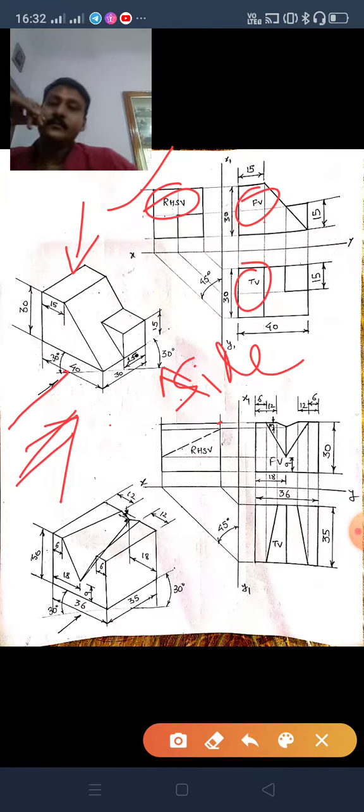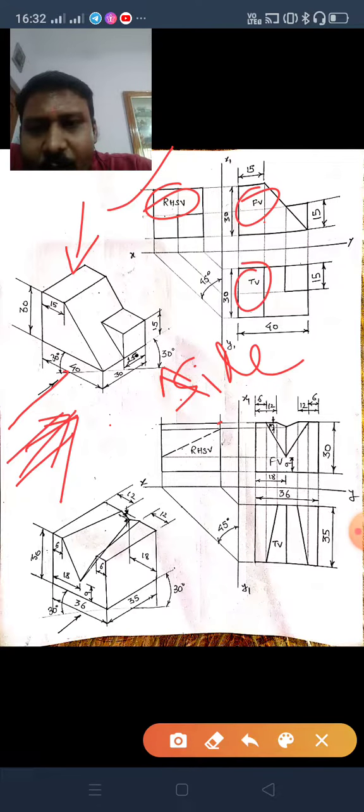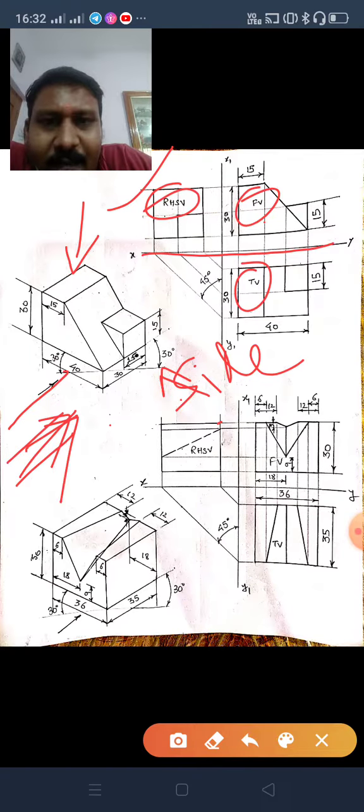Okay, now just see what you are seeing from here. You are watching it from the front, so you have to draw the front view. First of all, draw an XY line, the reference line. Take 1 centimeter, meaning 10 mm above the XY line and 10 mm below the XY line. Start the diagram just slightly above and slightly below the XY line. Need not make the diagrams in HP and in VP. It will create complications.